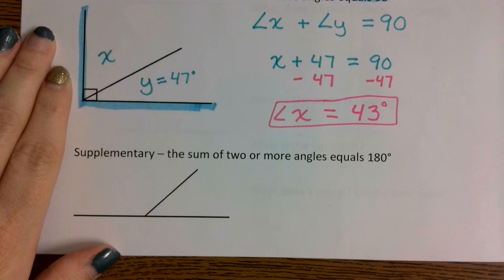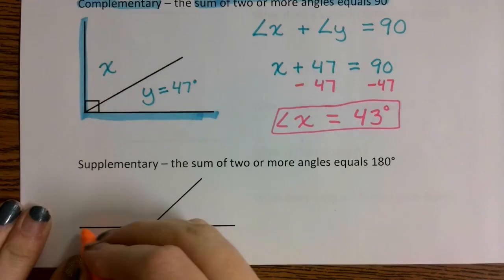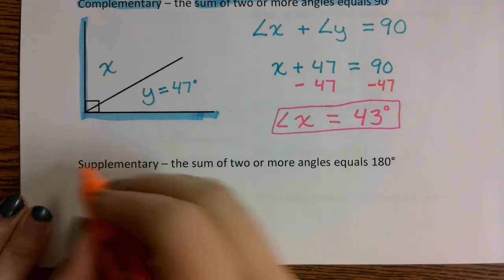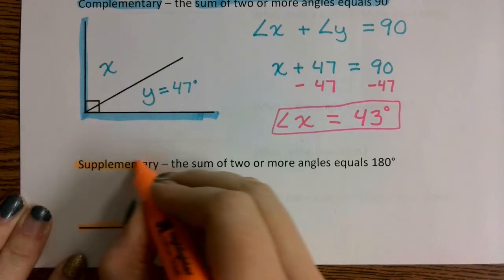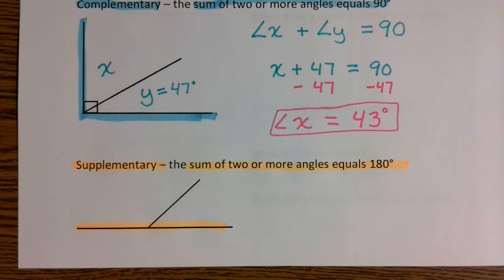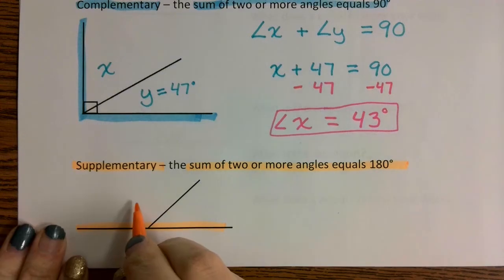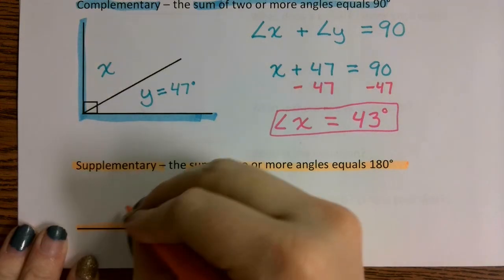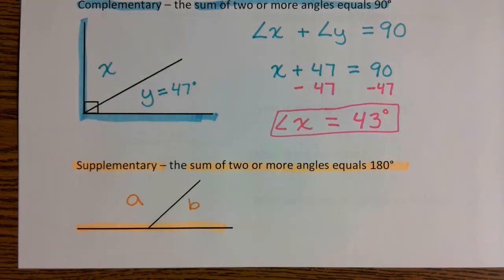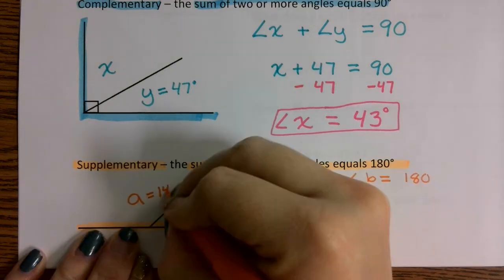All right, let's do the same thing for here. Let's say that we've got the supplementary angles. Now, this forms kind of a straight line here, doesn't it? Supplementary forms that straight line angle. So supplementary is going to be the sum that adds up to 180 degrees. So let's say that this angle is angle A and this angle is angle B. When I say that they add up to 180 degrees, that means that angle A